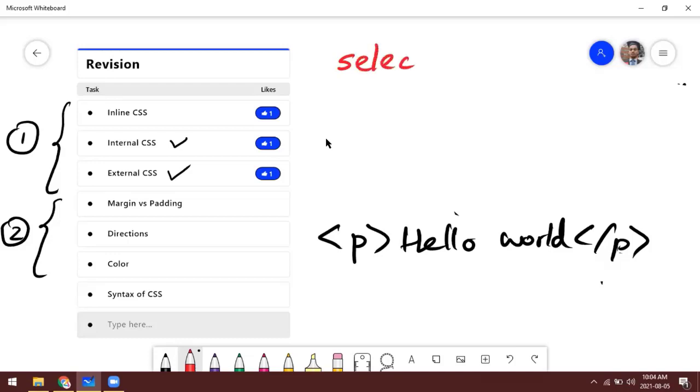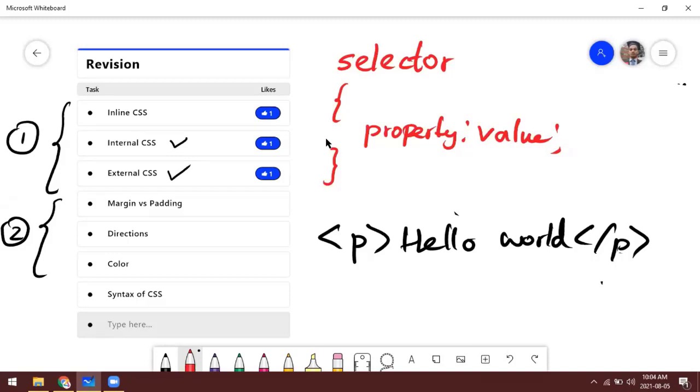You have to reference the selector, and then within curly braces you have to give the property and then value. This is the syntax of CSS, right?